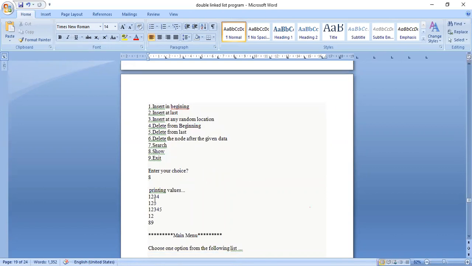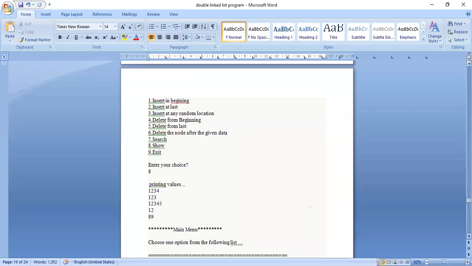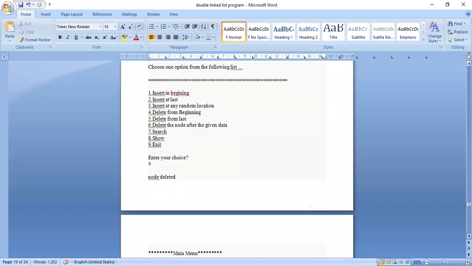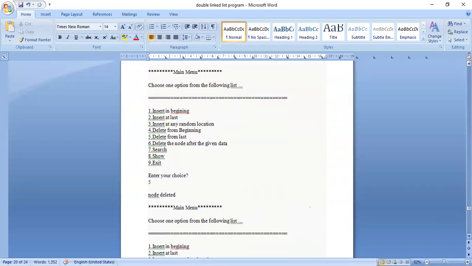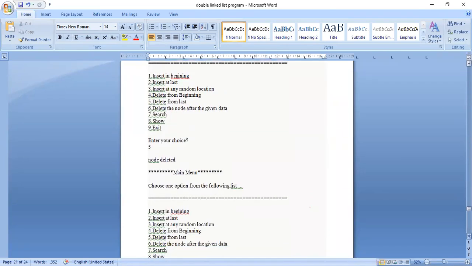So you can see here 1234, 12, 18. Okay. You can see that. 4, delete the starting node. So automatically it deletes the node. Delete the last node, automatically.